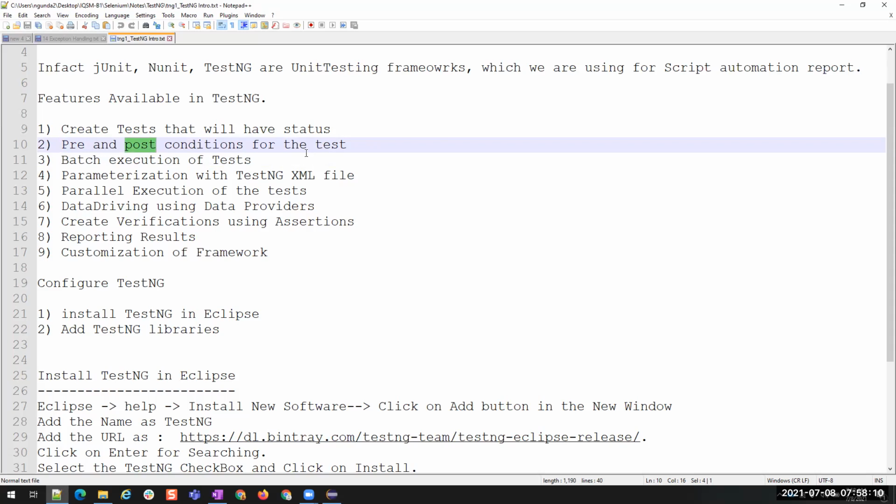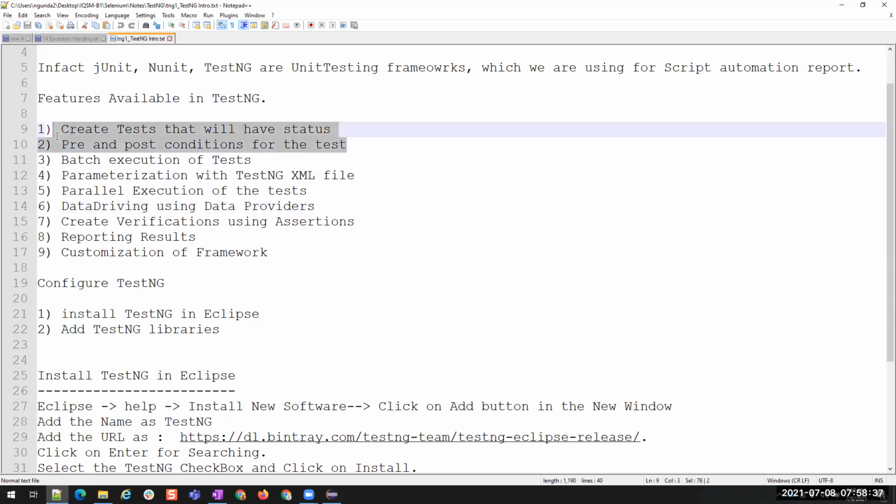After adding the employee, I have to clean it up. I don't want to store the dummy employee inside my system. I want to delete it so that nobody gets disturbed. That is my post condition. Once I add it and the test is pass or fail, I'll take the screenshots and then close the execution. But while closing, I'll delete whatever I added. Right? So that is pre and post conditions.